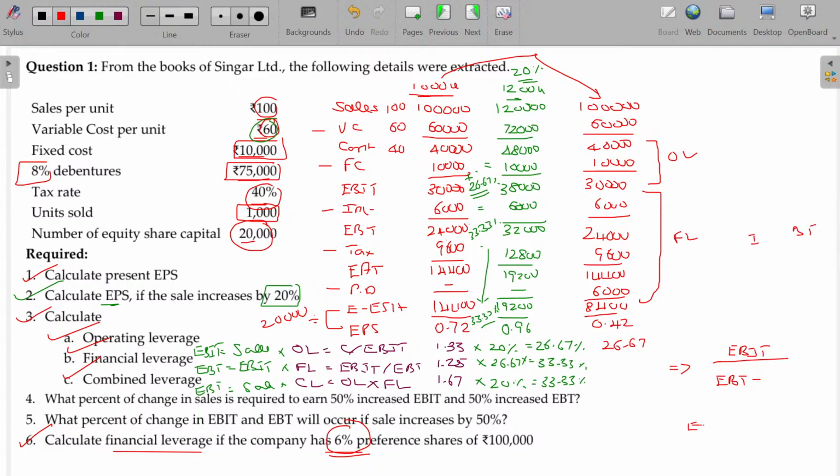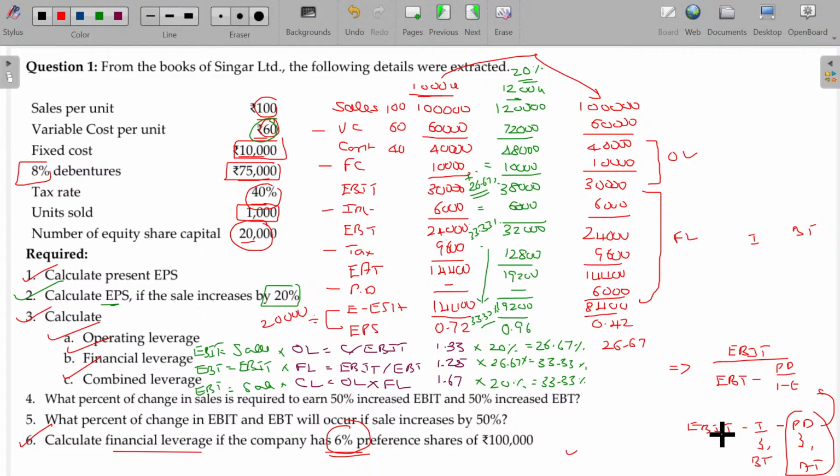Okay, so from the EBIT, I have to subtract interest, I have to subtract the preference dividend. You know that interest being before tax. But this one is after tax. How can you subtract? Bring this one also before tax. To bring this one before tax, what do you have to do? Divide this by 1 minus t. So, making the number after tax, you have to multiply with 1 minus t. To bring it before tax, you have to divide the same number by 1 minus t. So the denominator is nothing but EBIT minus interest minus preference dividend.